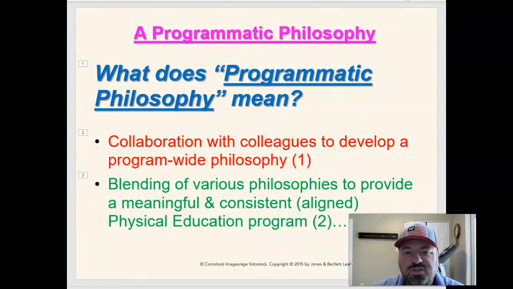Remember, when we're thinking about a programmatic philosophy, we need to stay student-centered and always consider what the students' needs are. Now, there's going to be some things that come into effect there. What do we have in the budget? What equipment do we have? What can we go get? What's our environment? All right. But we want to try to stay as student-centered as possible to give the students what they need to meet that big end goal of living a healthy lifestyle with a variety of lifelong activities.